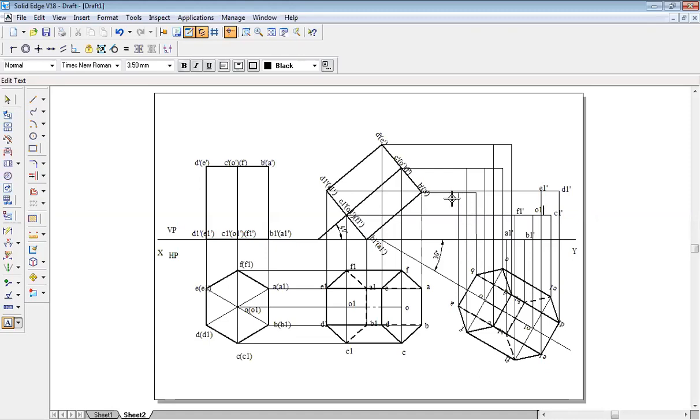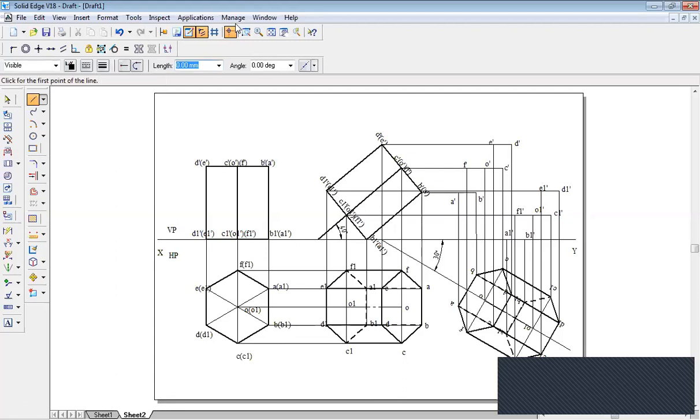Same way, this is your point A dash, this is your point B dash, where is C? C point is over here. Yeah. So this is C dash, this is D dash, this is E dash, and this is F dash, and this is O dash. Okay. Now draw the outermost boundary line dark. I'll do this question for your clear visibility.